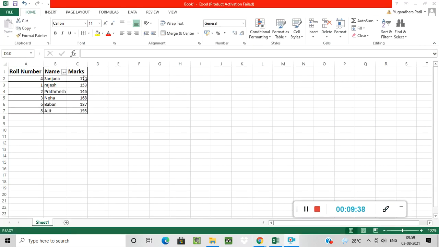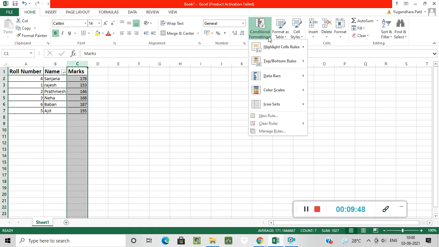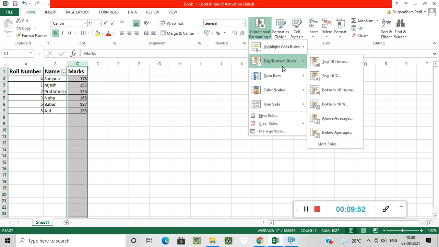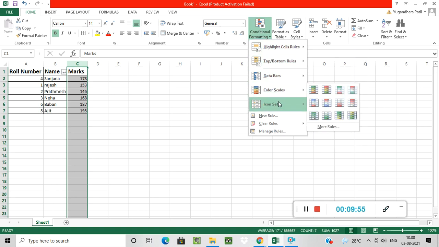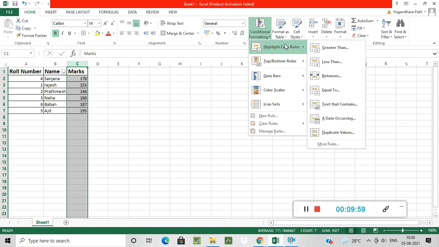In Excel, suppose I am selecting the marks column here, and in the Home tab the conditional formatting option is there in the Styles group. Just select this and see: highlight cells rules, top/bottom rules, data bars, color scales, icon sets, many options are available here. Suppose I show you one example like highlight cells rules.